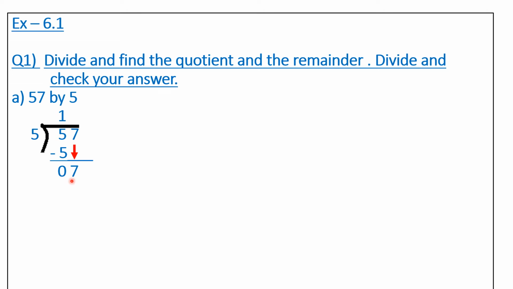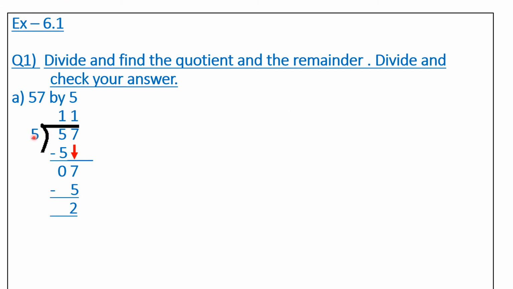If you get 7, okay. And if you don't get 7, then you have to get the number just nearest to this 7, lesser than 7 and the nearest to 7. Which number is coming just smaller than 7? Okay. So read the table of 5 and you have to get this 7. So 5 ones are 5. 5 twos are 10. Okay. 10 is more than this 7. No. So we cannot apply 10 here. So we will apply 5 ones are 5. Clear? So we will write again here 5 ones are 5.